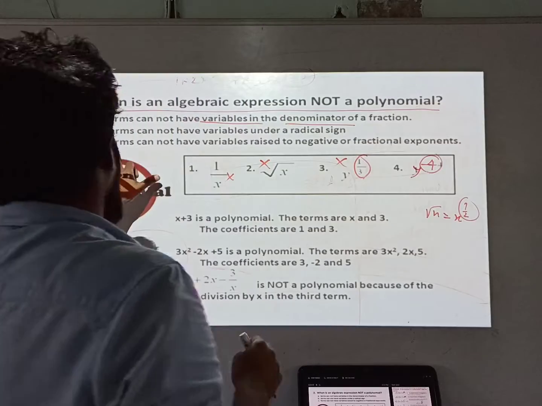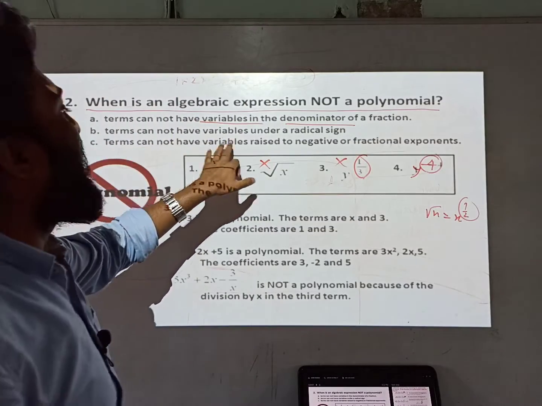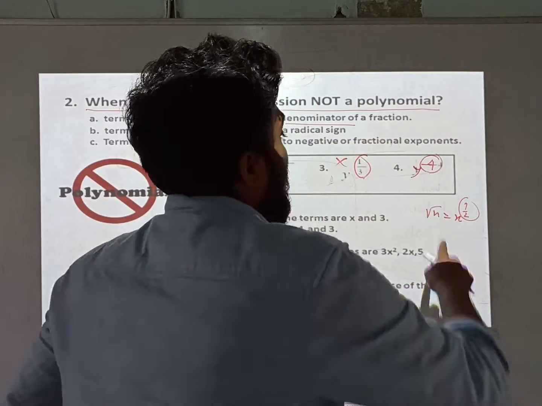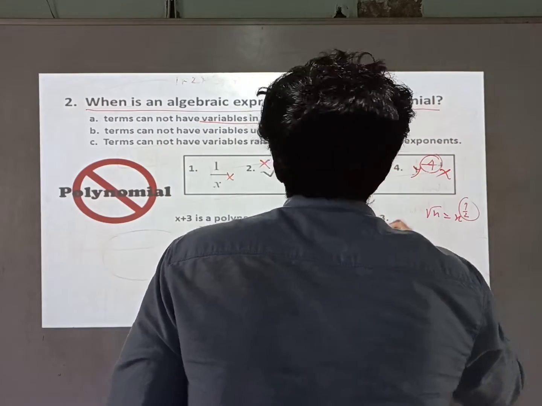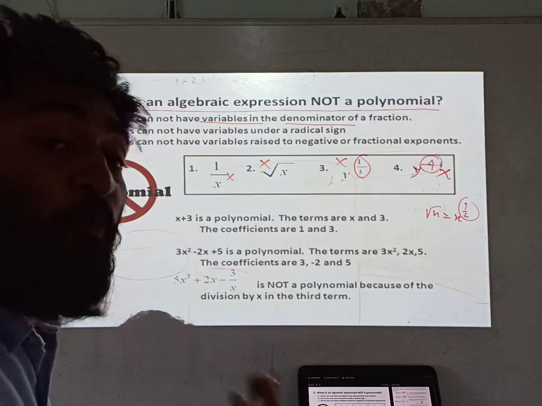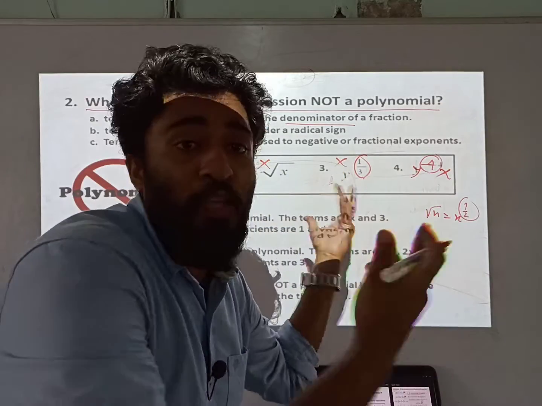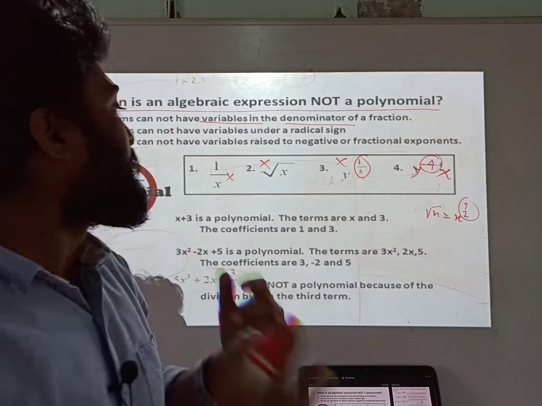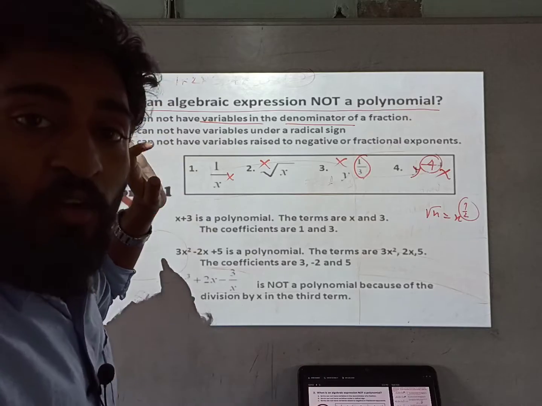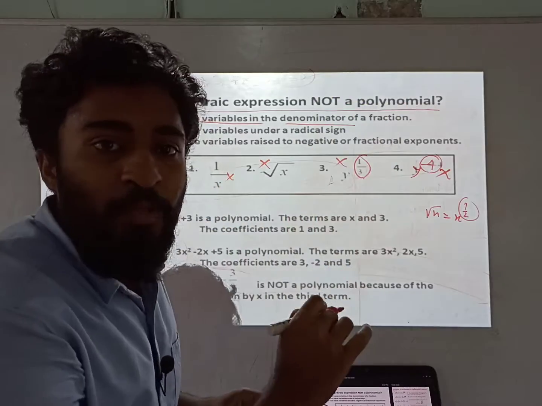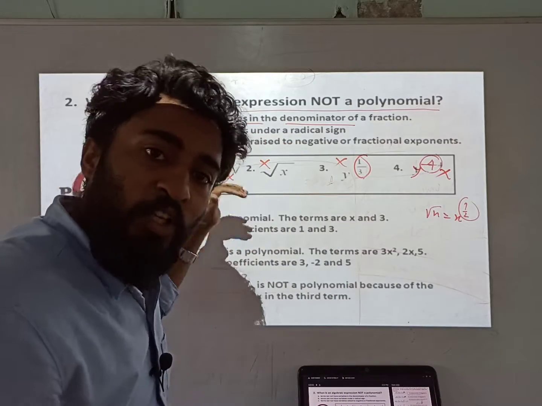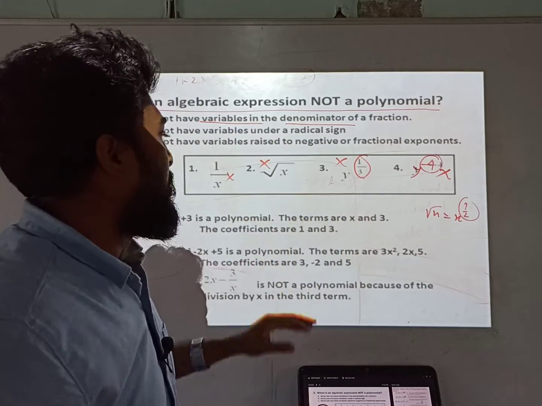माइनस थर्ड पॉइंट पढ़ो, terms cannot have variables raised to negative fraction. नेगेटिव पावर भी नहीं हो सकता है, तो y का पावर नेगेटिव है, that is why this is not also a polynomial. करेक्ट. सो कब पॉलिनोमियल होगा, यहाँ पे तो सब एग्जांपल दिया कि कोई पॉलिनोमियल नहीं. तो पॉलिनोमियल कब होता है, सिंपल थिंग, फर्स्ट याद कर लेते हैं क्या होता है. Variable cannot lie in the denominator और we cannot write any variable in denominator, then that is not a polynomial.